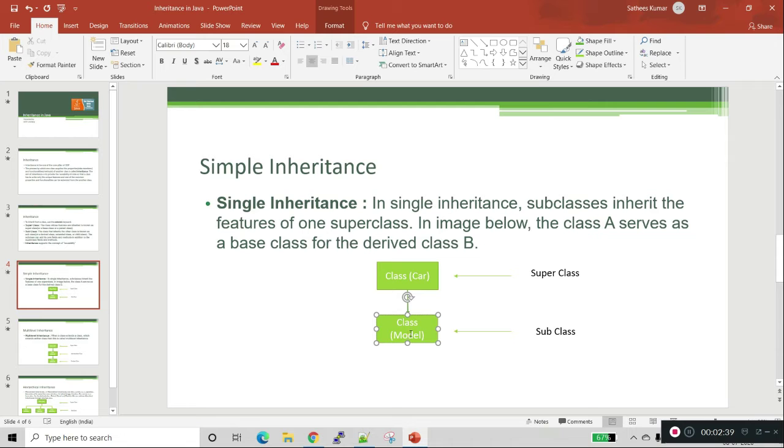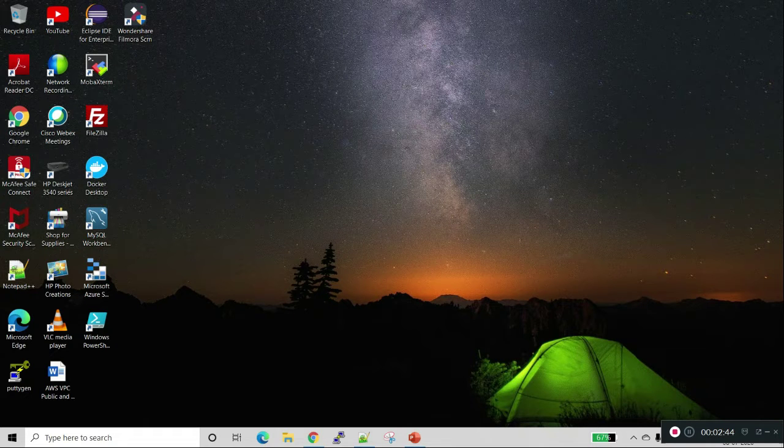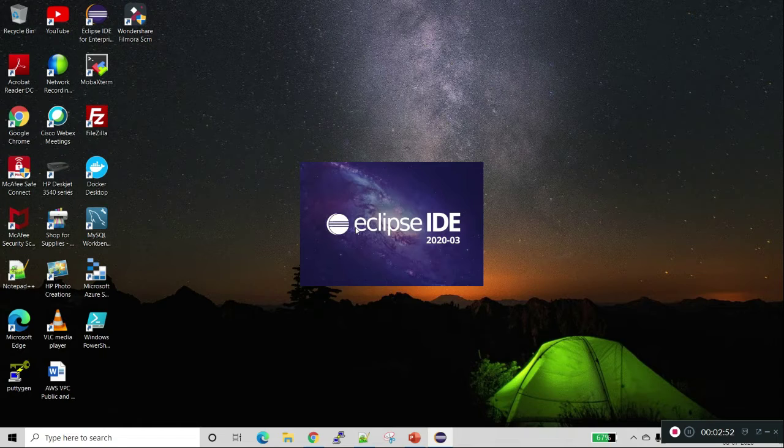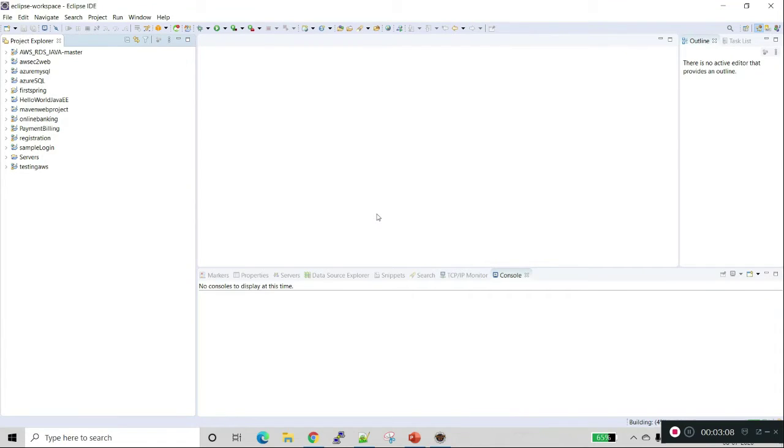Now we will go through the lab exercise. I will open the Eclipse IDE for the lab exercise. I have opened the Eclipse IDE.